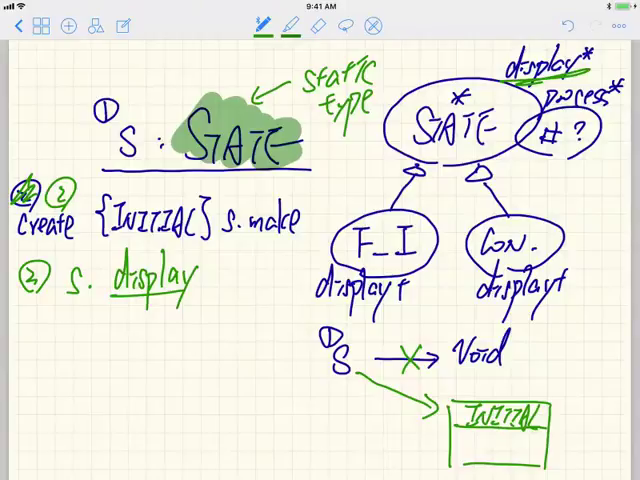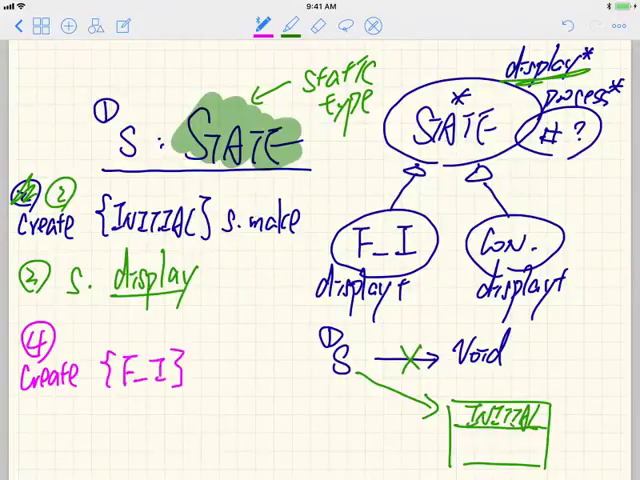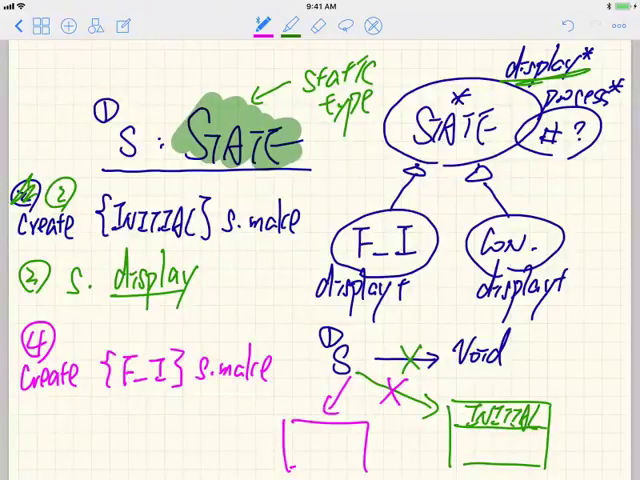Now let me reattach the object to something. Let me do line number, let's say 4. Let me use maybe pink. How about that? Number 4. Let's say I want to change the dynamic type. I say create flight inquiry over here, s.make. So what does that do? That means S is not going to point to here anymore. It's now going to point to another object of type flight inquiry over here. So now if I say line number 5,